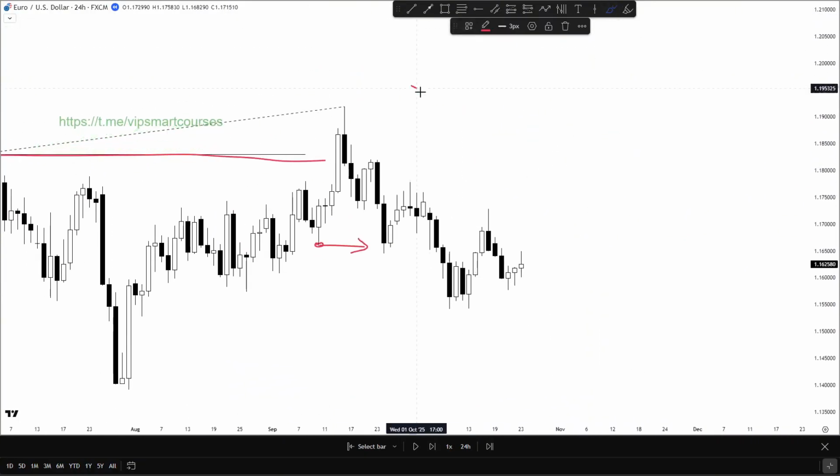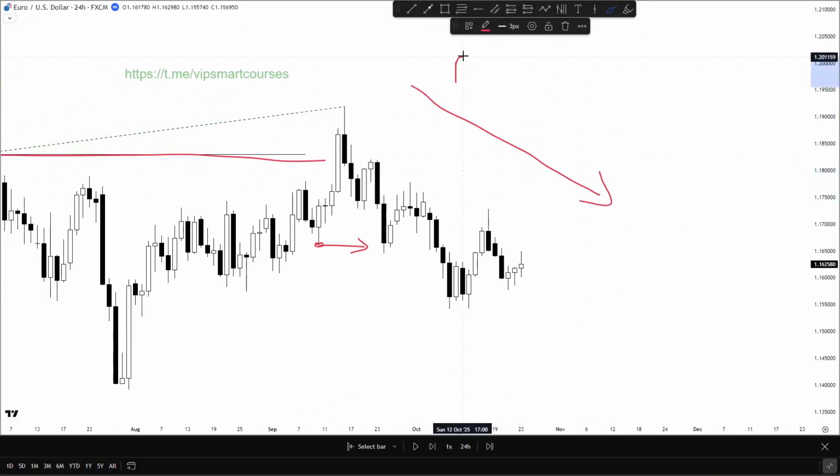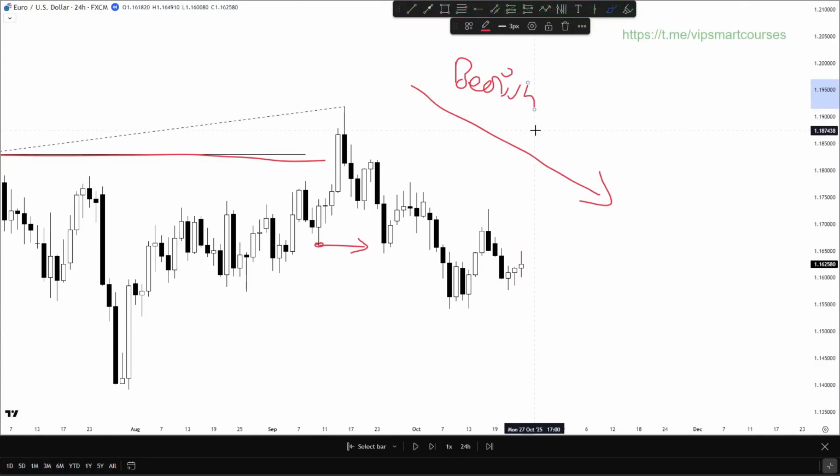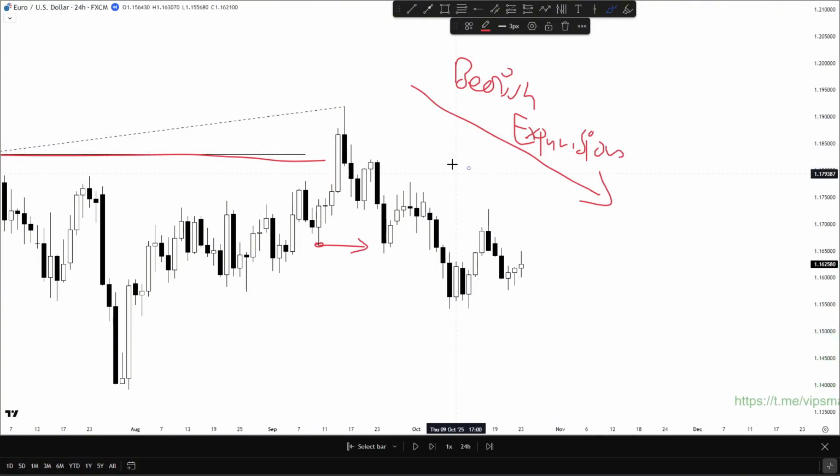The directional idea is bearish, and we are expecting, or you could say that our anticipation for price is to have a bearish expansion lower. Okay, now that being said, we know that price is expected to have a bearish expansion profile lower, but now